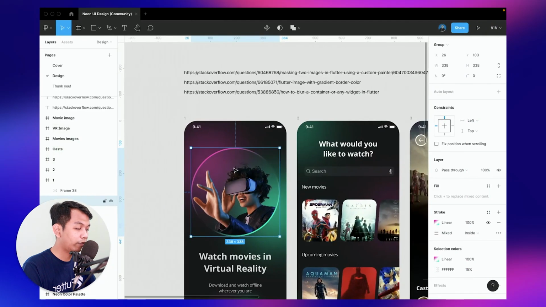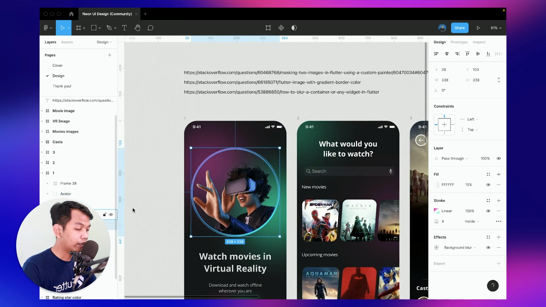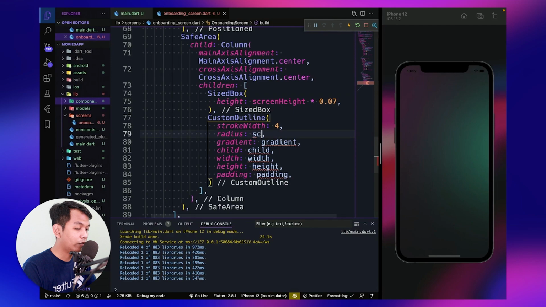So let's see from the design. Collapse this avatar and see the stroke is around 4. And for the radius, we use screen width times 0.8, which is 80% of the screen width.